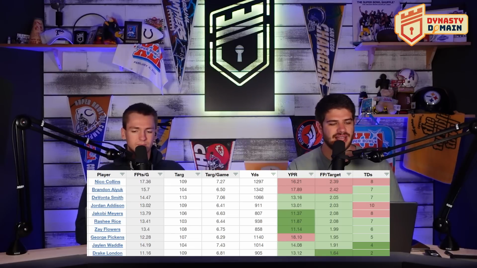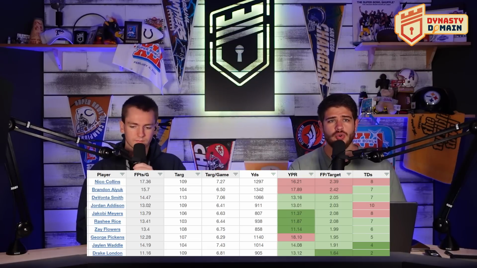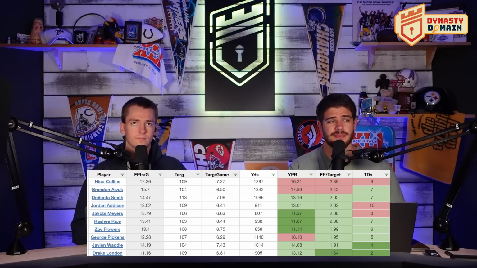So, again, you've got 3 guys up here, Addison, Jacoby Myers, and Nico Collins, that had a lot of touchdowns. You have the guys in the middle here, 5 to 7 touchdowns. I'd say 4 to 7 is probably average, but we did 5 to 7 here. And then you've got 2 guys at the bottom here, Waddle and London, who had 2 and 4 touchdowns, and that's room to grow. So again, when we do this dark green here, we're talking about they've got room to